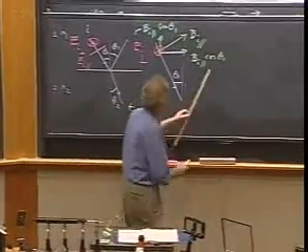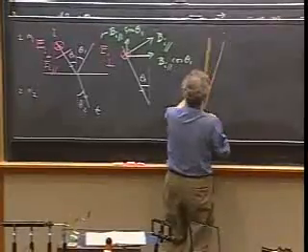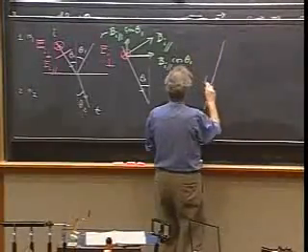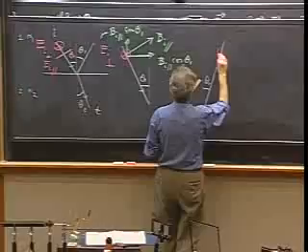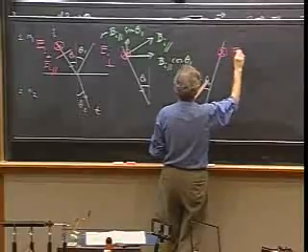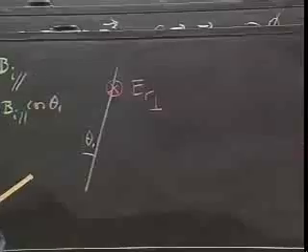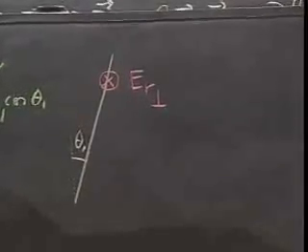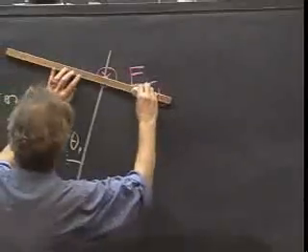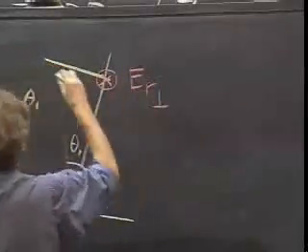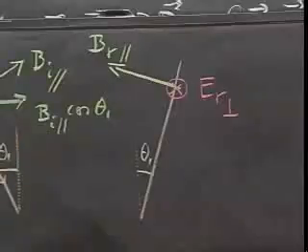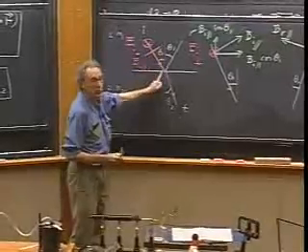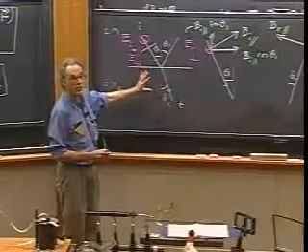So now we'll do the reflected stuff. Again, this angle is theta 1. And I'm only dealing with the perpendicular component. So here is that perpendicular component. That is E reflected perpendicular. Now I want to know the B vector with which it's married. This is the B vector in the blackboard that is associated with that E vector. So it is B reflected, but it is parallel. It's in the plane of incidence. The plane of incidence is always defined as the incident light and the normal to the surface. So the blackboard is what we call the plane of incidence.